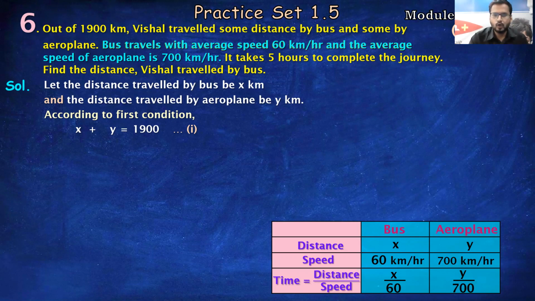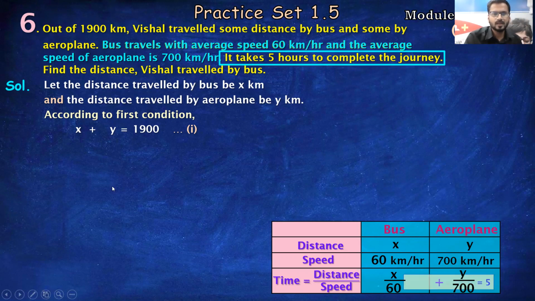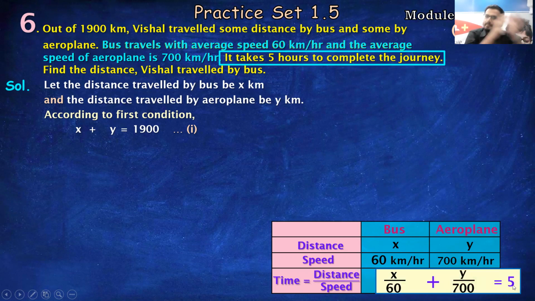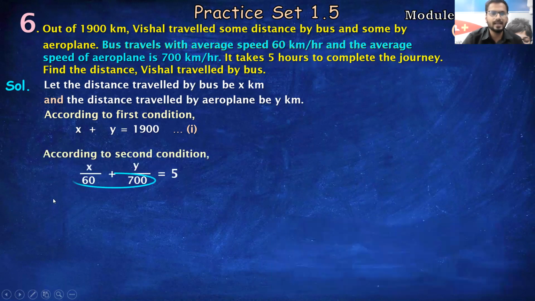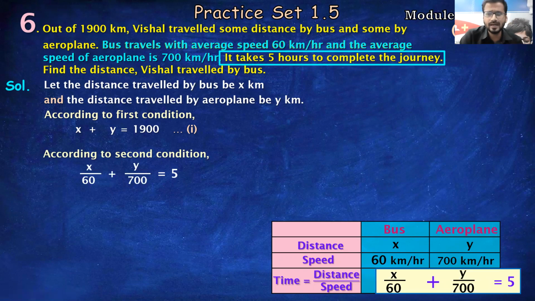Fine. And the total time traveled by bus and aeroplane, if you see in the question itself, they have given us, it is taking 5 hours. Means, can I say the bus's time plus the aeroplane's time is equal to 5 hours? Yes or no, students? So we can equate this and form our second equation. So this is your second equation. Is this clear to everyone, students? If anybody has any sort of doubt, feel free to ask. Second equation. Quite clear? Okay, all of you are typing quite clear. Fine. Let us move ahead.